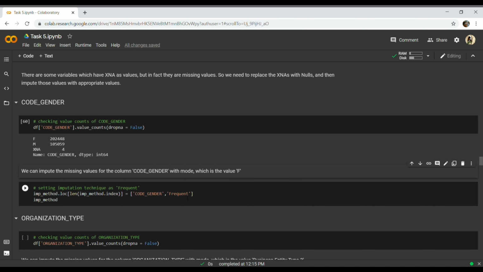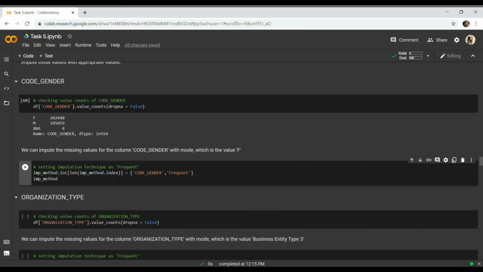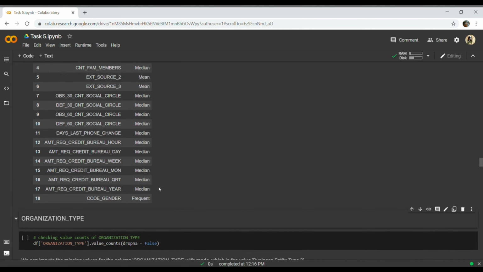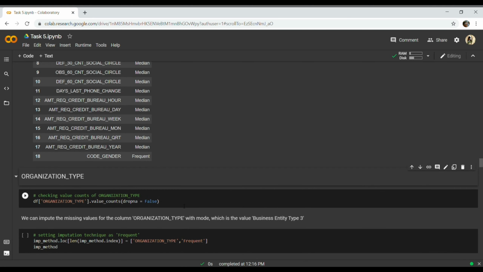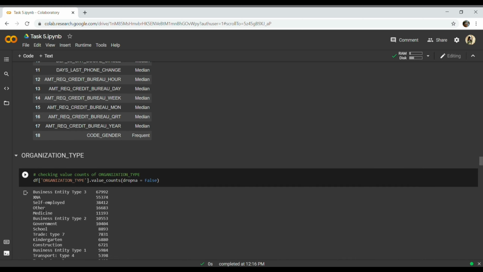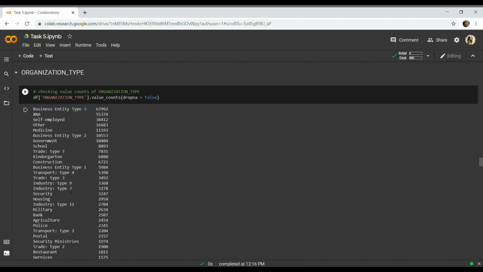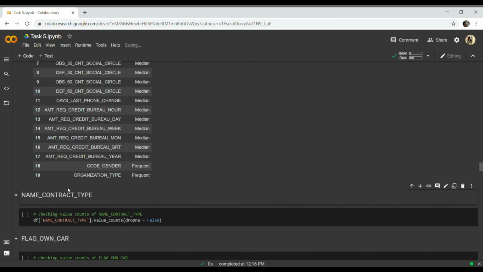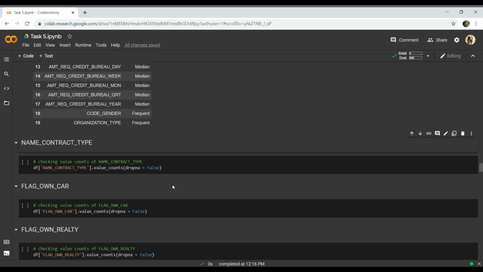So we can impute it with the most frequently occurring, F. We are adding code gender and making it frequent. Then organization type. Even this has XNA values. So we'll impute this with the most occurring type, that is business entity type 3. Same here, we have added organization type and frequent.